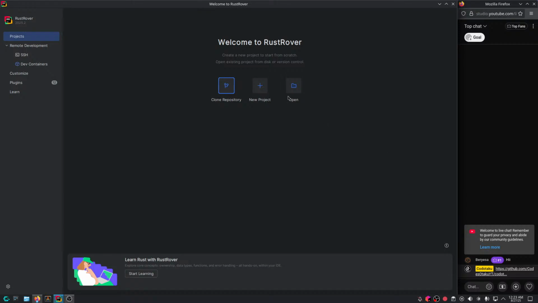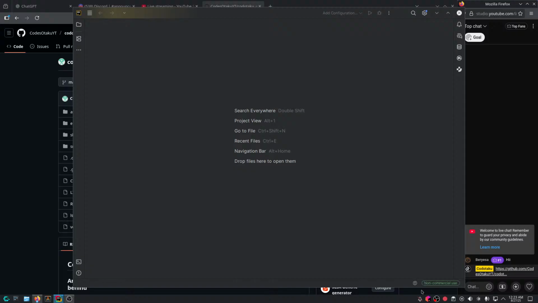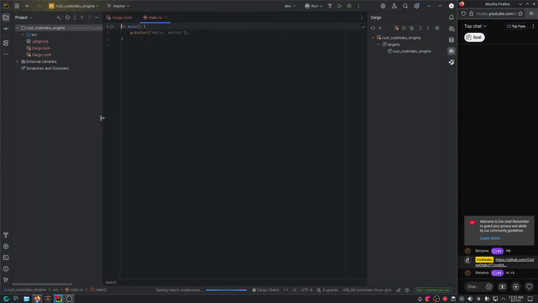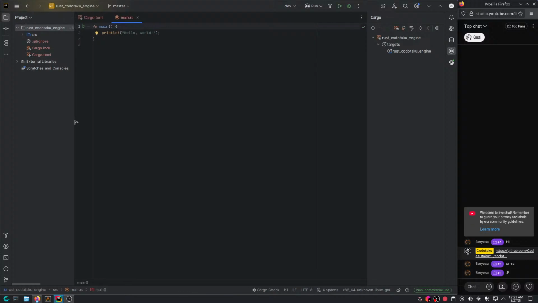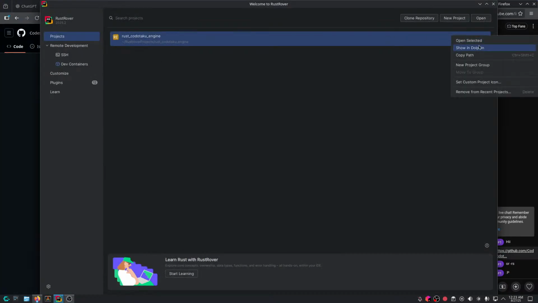Live, so yeah. All right, so let's create a new project, and what should we call it? Let's call it Rust Coda Chaco Engine. Fine. Let's create this. And I don't have to choose a compiler, a build generator, a meta build generator, a build system and so on. I don't. Or -rs. Actually, thank you so much for that idea. I forgot about that completely.